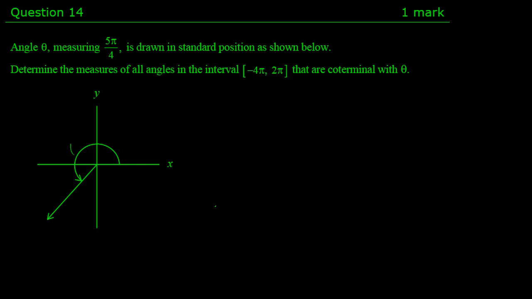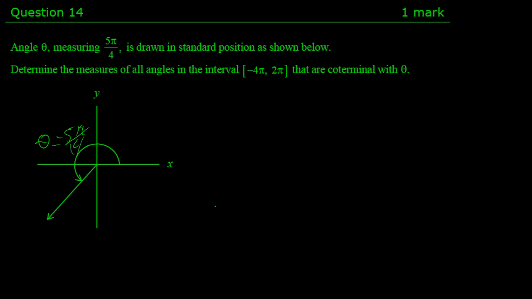Question 14. Angle theta measuring 5 pi over 4 is drawn in standard position as shown below. Determine the measures of all angles in the interval from negative 4 pi to 2 pi that are coterminal with theta. Mine just got cut here, but I guess theta is 5 pi over 4. It makes sense it's in quadrant 3, simply because